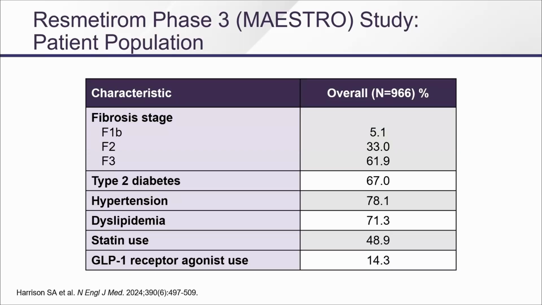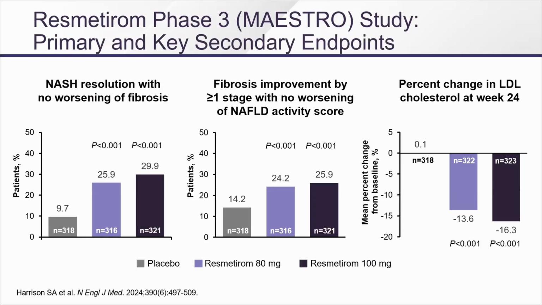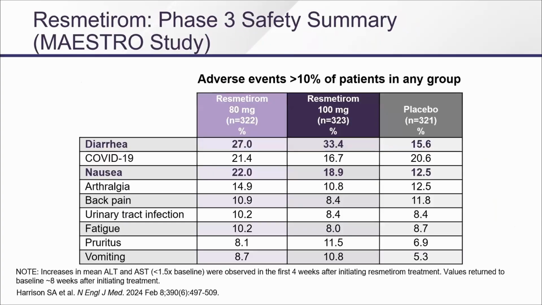14% on a GLP-1, either for diabetes or obesity. These are two drugs that work differently and can work together. And they hit their key endpoint: double to triple the rate over placebo of both improving fibrosis and of NASH resolution. And I think the other thing that impressed the FDA, which led to problems with some of the other drugs, was a salutary effect on lipids, which was not seen with obeticholic acid, for example.